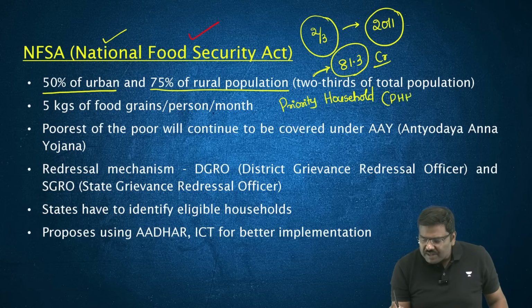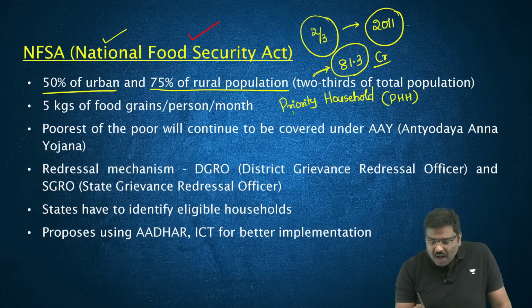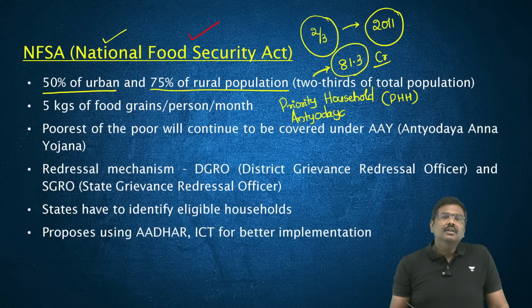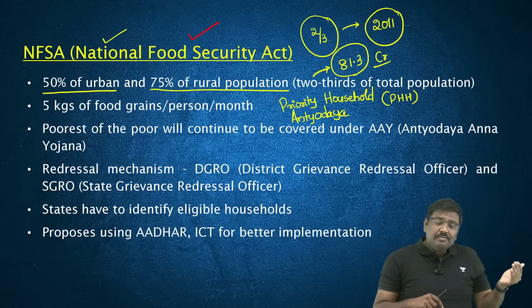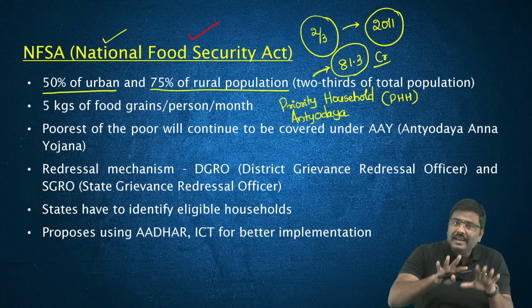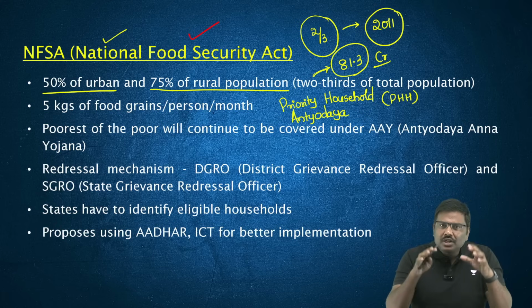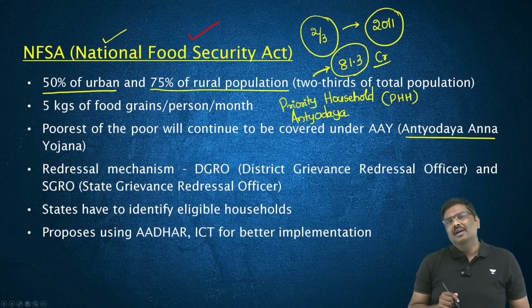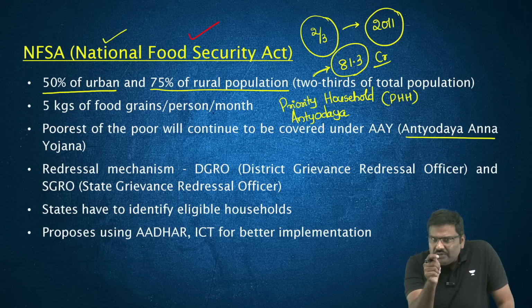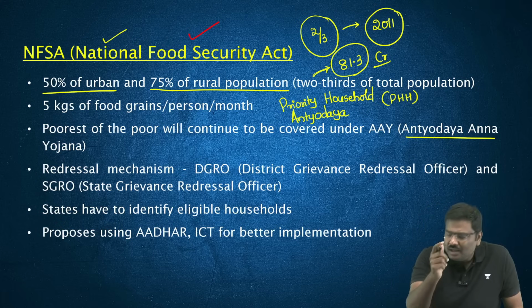PHH, and the other one is called Antyodaya household. Now, why this kind of differentiation? The government of India, even before the introduction of NFSA, had announced a yojana by the name of Antyodaya Anna Yojana. And if a household is identified as the poorest of the poor, they would be covered